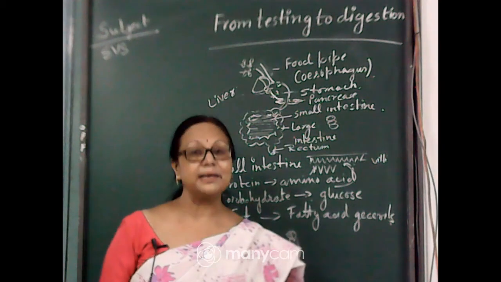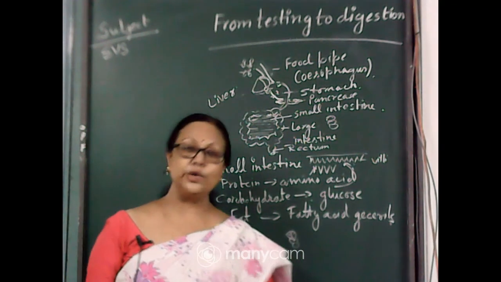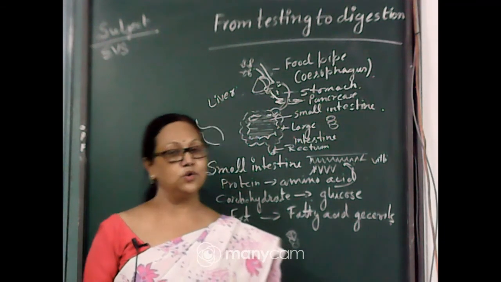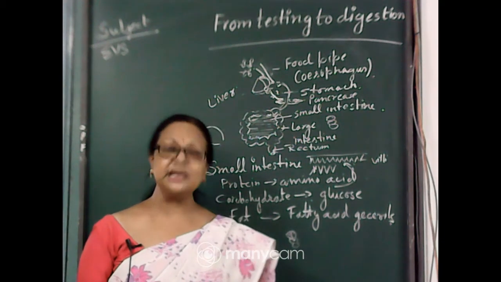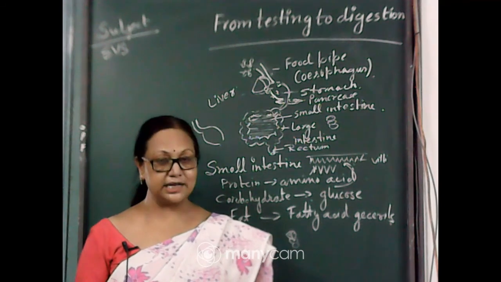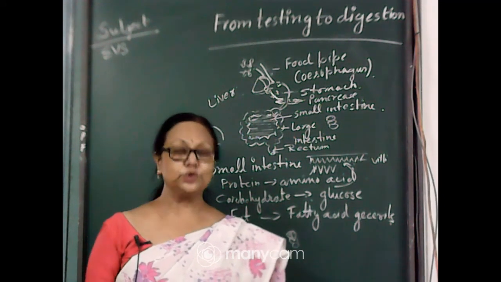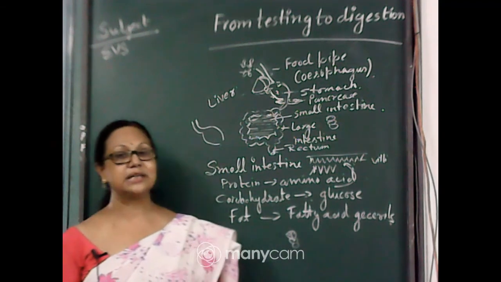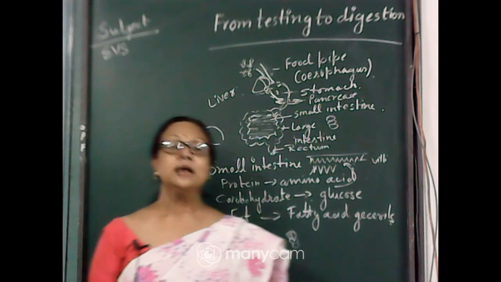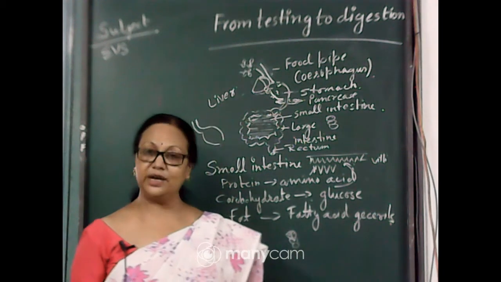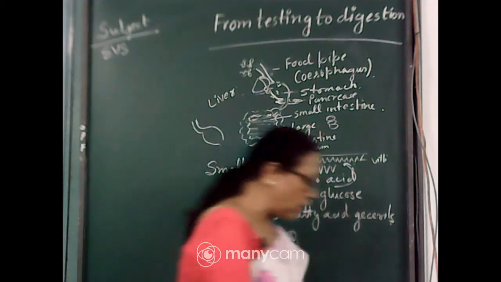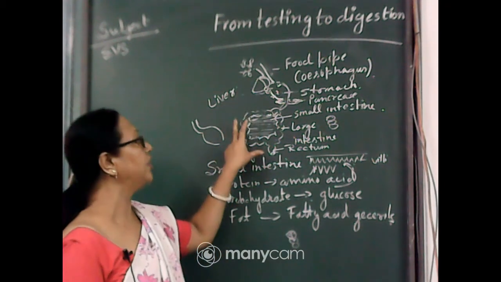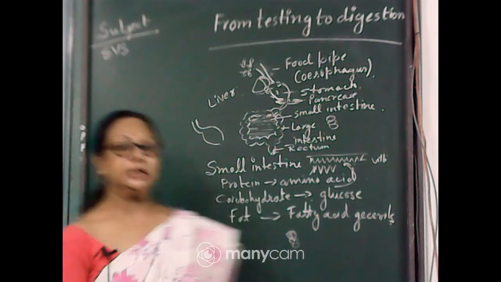And the water material, the nitrogenous waste in the water form, goes out from the kidney, filtered from the kidney, and is excreted from our body through sweat and urine. So these three forms of waste get out of our body, which are not needed by our body. So that's all about the route of the food traveling.